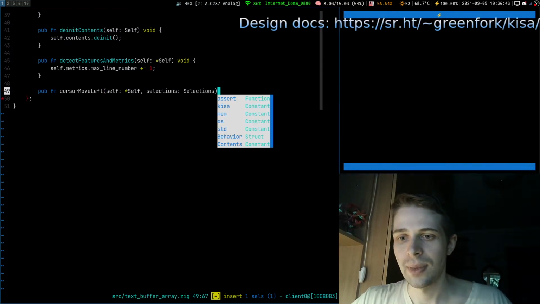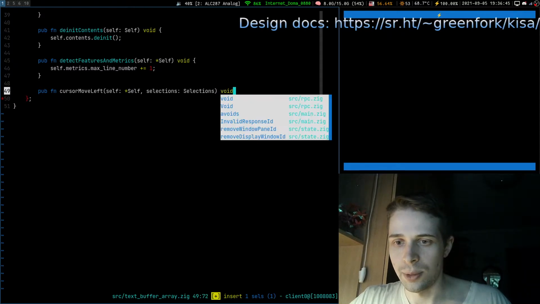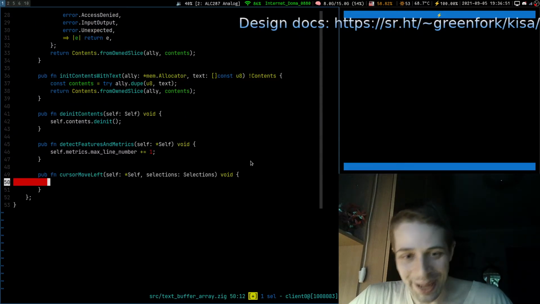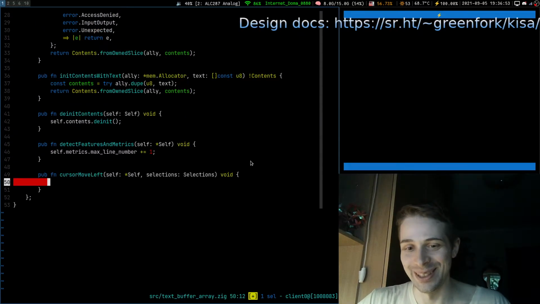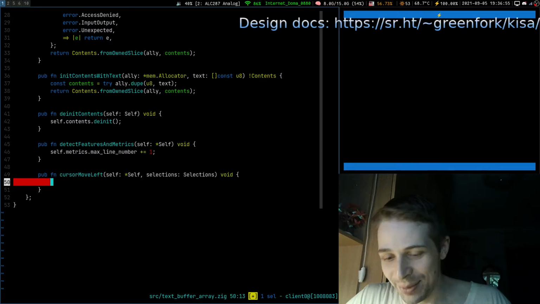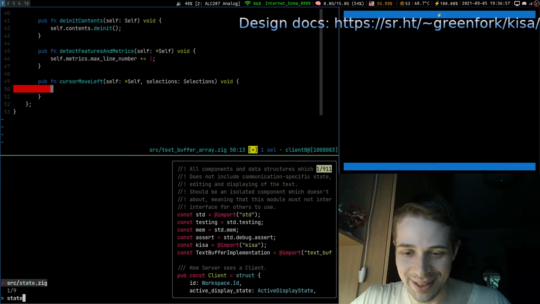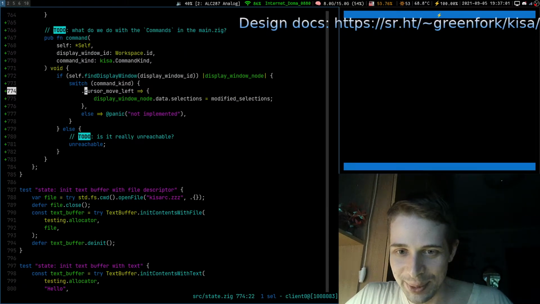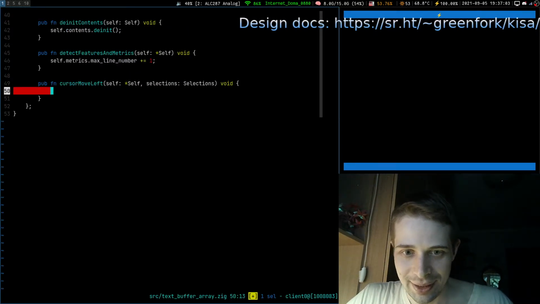Selections. And we go void. Probably we cannot fail it. I hope we will not be able to fail it at least. Everything is possible. Everything is in our hands. Okay, we go cursor move left, and we do some implementation here.